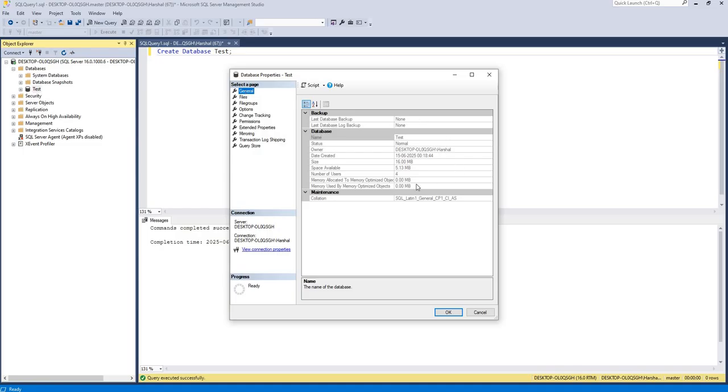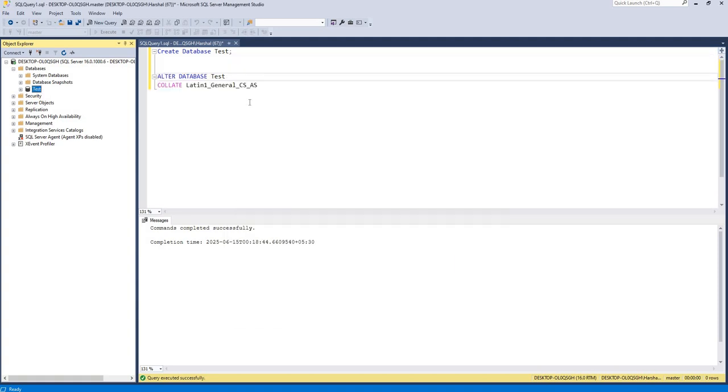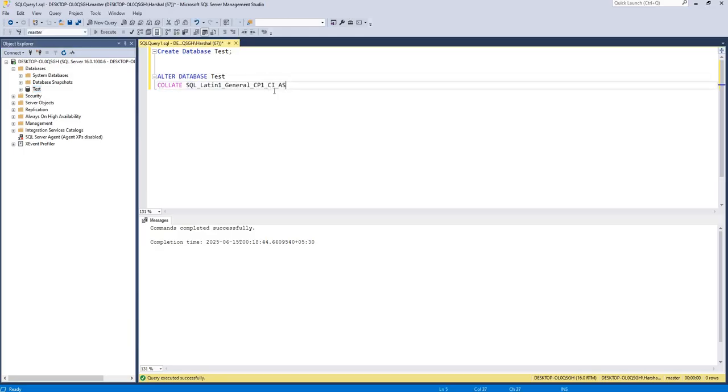Also you will see this information: what is the size of that database, when it was created, who is the owner, what is the status, what is the collation. Collation in this case says CI, which is case insensitive. You can set it to case sensitive as well. To alter a database you can write a command alter database name, and over here we are going to change the collation, so collate, and currently we have CI,